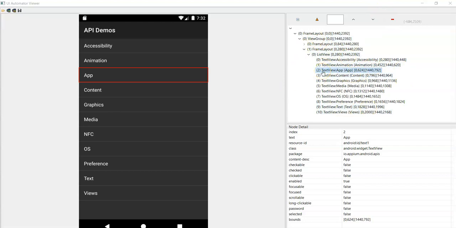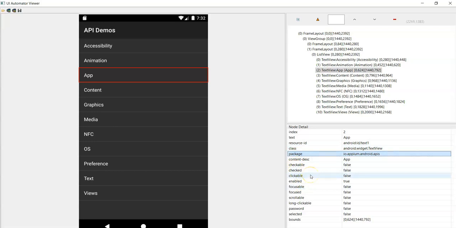So these are basic details about each control, like control name, its text and coordinates. Similarly, this is bottom section, right? So here you can see all the details of that particular control. So whatever you select from the screenshot, you can see all the details like its text, resource ID, class name, content desc, package name, and many other attributes.